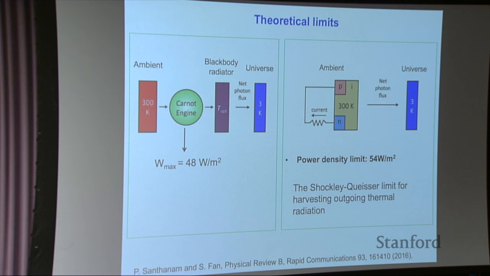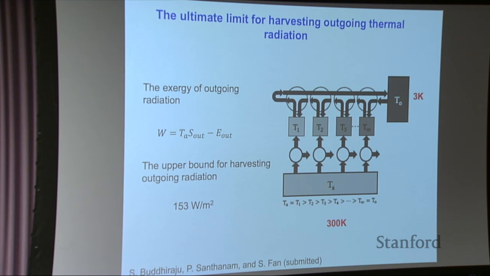And so we refer to this as the Shockley-Queisser limit for harvesting outgoing thermal radiation. But as in the solar cell, where one can beat the Shockley-Queisser limit, it will be interesting to ask what is the ultimate theoretical limit that you can reach in harvesting outgoing thermal radiation. It turns out that you can define an exergy of the outgoing radiation in terms of the entropy and the energy flow outward. Given that with outgoing thermal radiation the main benefit is removal of entropy, you would like the removal of entropy to be as large as possible,